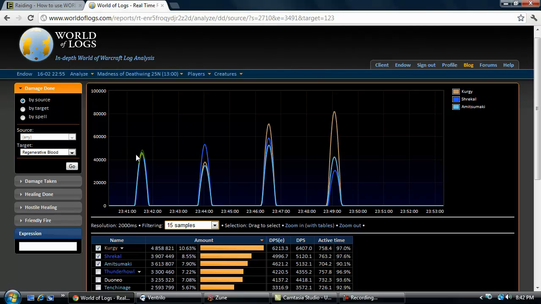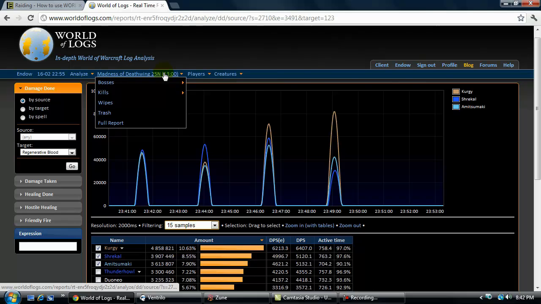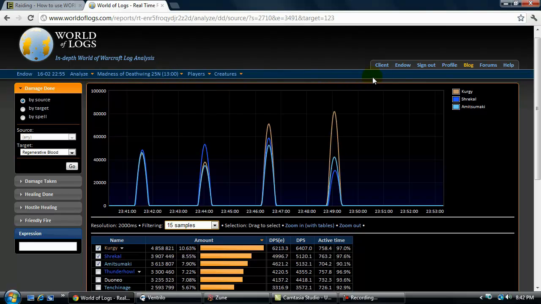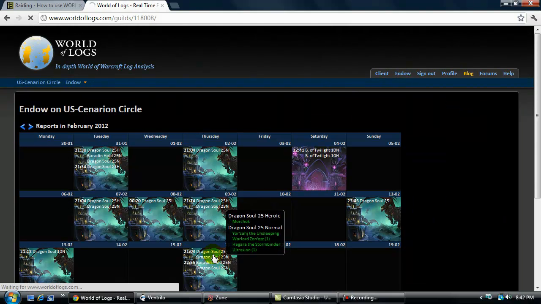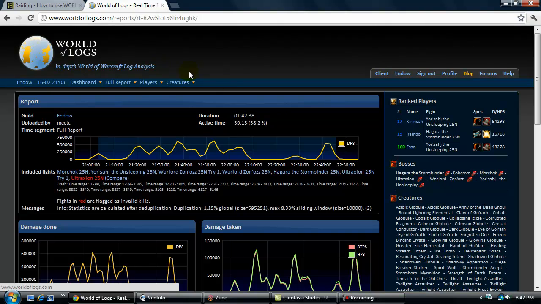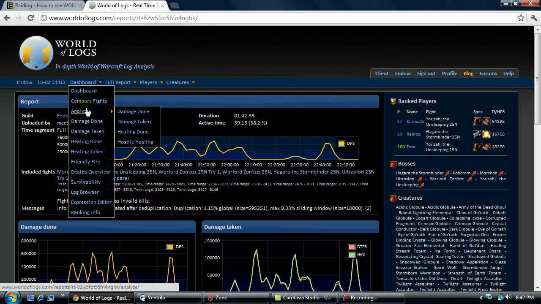This is something Bree posts quite significantly when we're doing a Spine especially. So I would highly consider looking at this for burst scenarios and stuff like that, or seeing who was on top for that specific mob. Heck, you can even check right now for Forgotten Ones. And if you don't remember how to look for old logs, you can click your guild and refer back to an older log, or you can go back to World of Logs and search through parses. But just for this, we're going to go through the logs again,